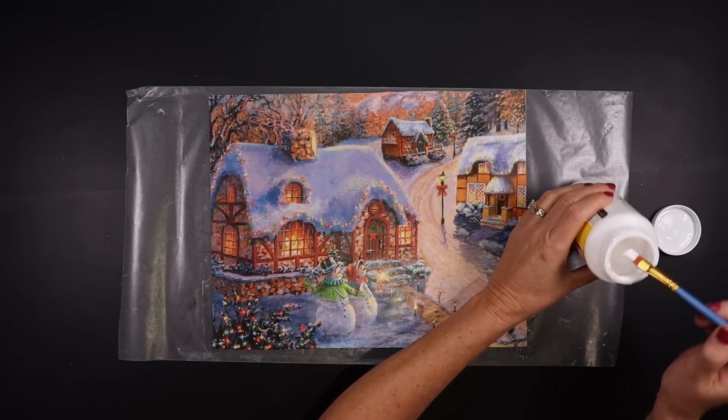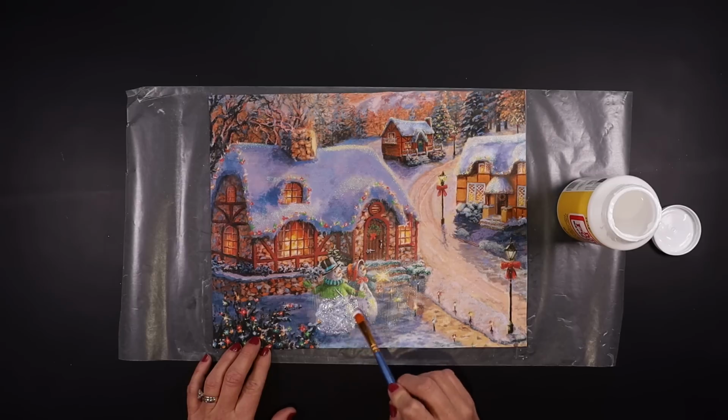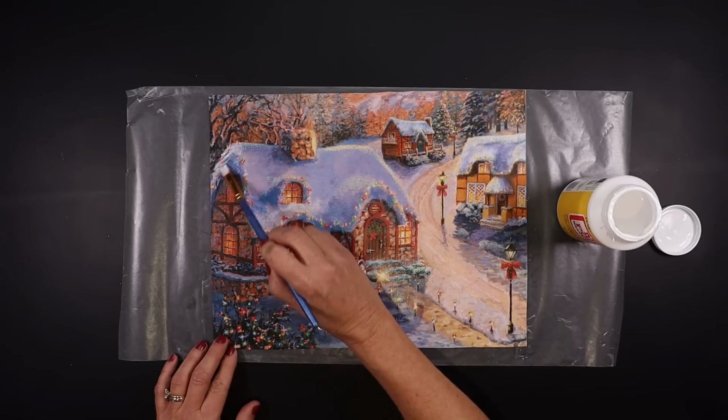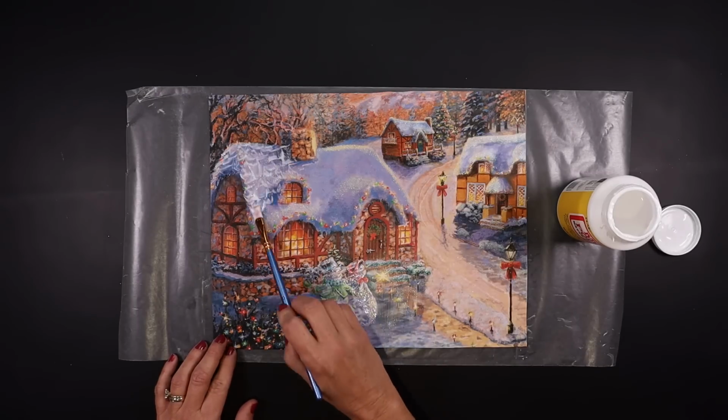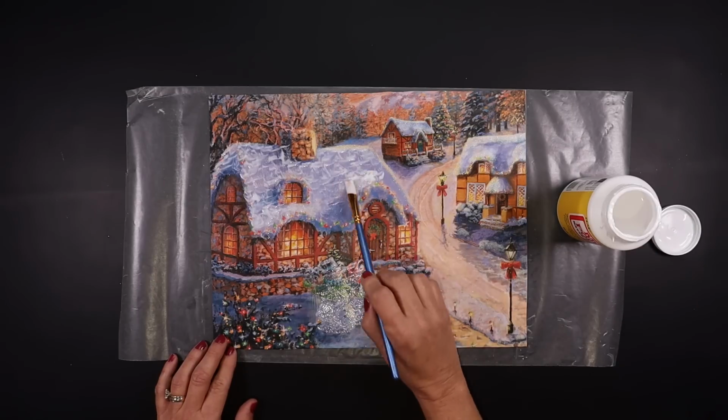We're going to take some more Mod Podge, and this time I'm going to put a really thick layer, just pouncing the brush up and down. I'm going to do this over both of the snowmen, and then I'm going to do this all over the roof on all of the houses. I want it nice and thick. It's going to give it some texture, but it will dry clear, so you'll still be able to see those